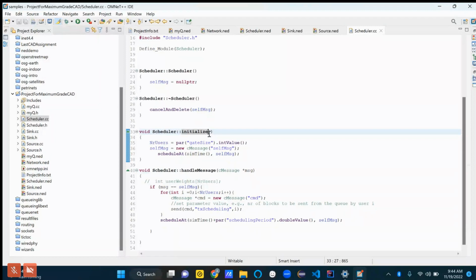Because basically we need to figure out a way to have this scheduler know about the different priority queues that we have, because the scheduler is the one that's going to tell the queues to offload some messages.